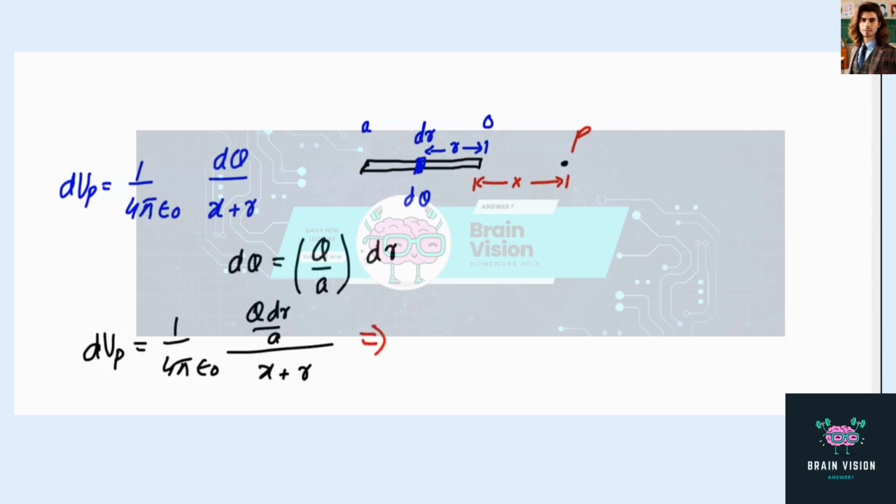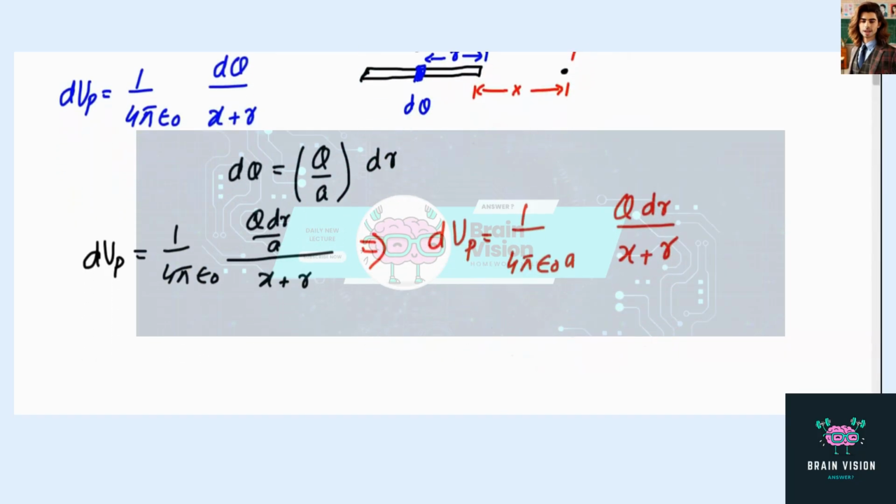By rearranging, we can write this as electric potential due to this small portion at point P equal to 1 upon 4 pi epsilon naught times a into q dr upon x plus r. So this is the electric potential at point P due to a small portion